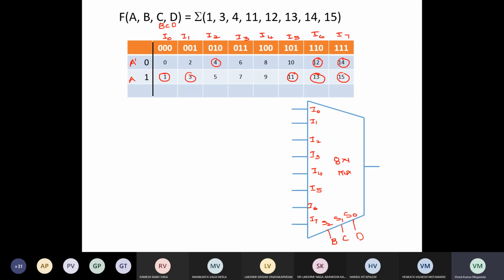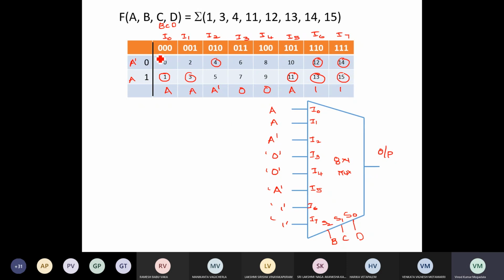Now we will write the output in terms of A. So here it follows A. Here it follows A. Here we need simply A prime, and here it is 0. Here it is 0, and again here it is A. Here it is 1, 1. So that is the only difference. So here A prime, here 0, here 0, here it is A, and here it is 1, and here it is 1.